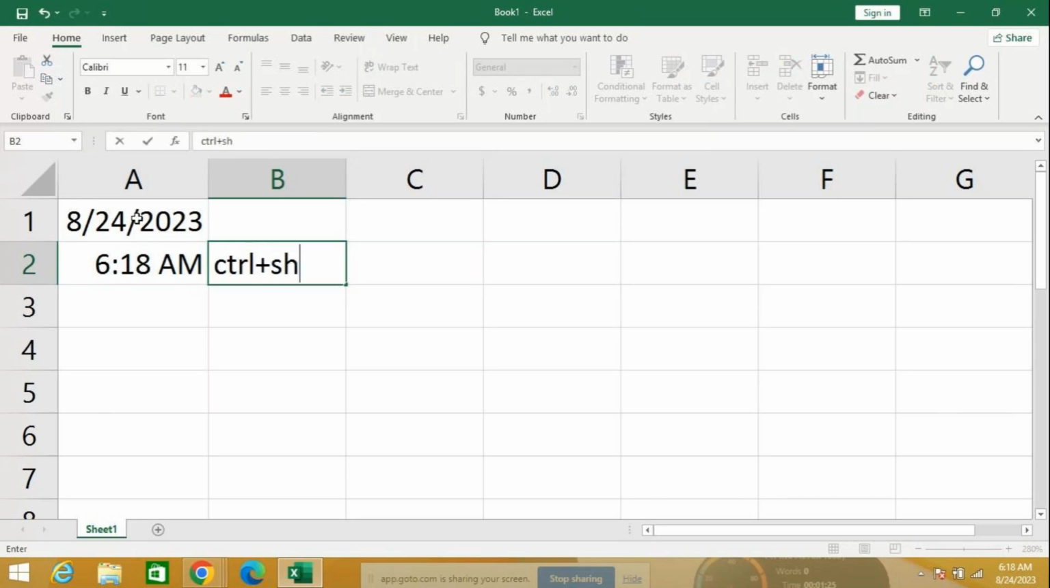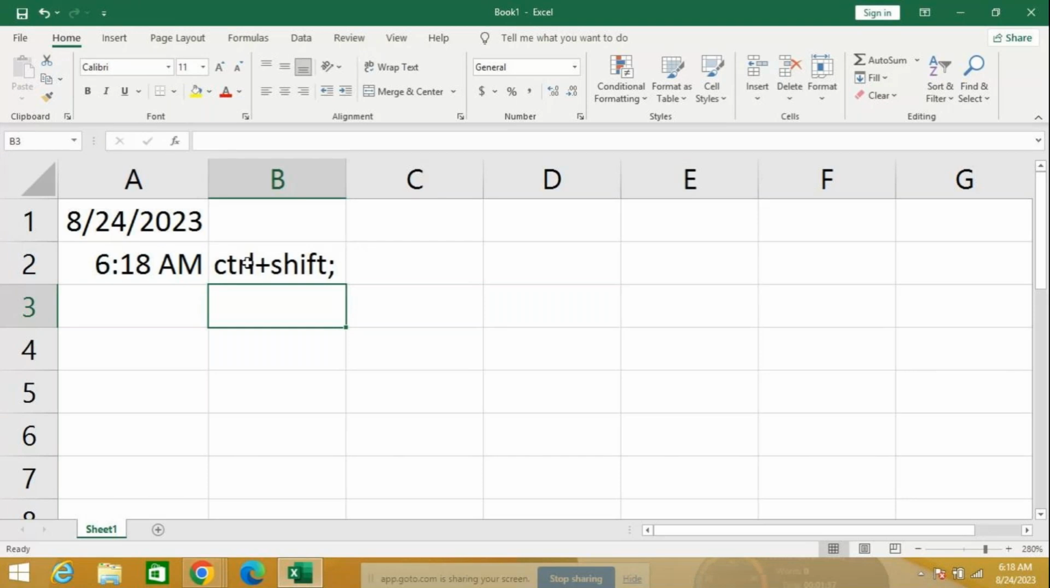Excuse me, ma'am. Tell me. Ma'am, can you please tell how we can change the date? I'll show you. This you got it: Control Shift semicolon, you got the current time. Yes, ma'am. Okay. Now, if you want to have different formats,